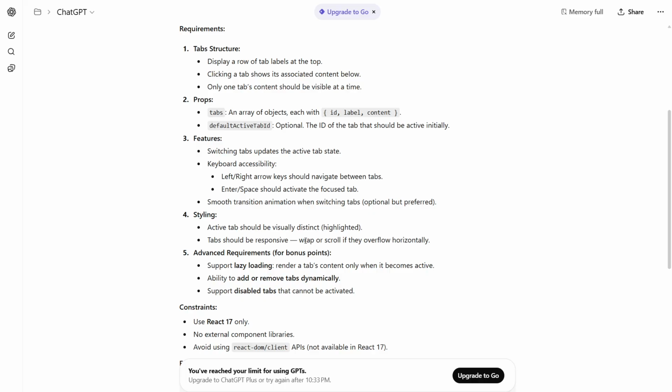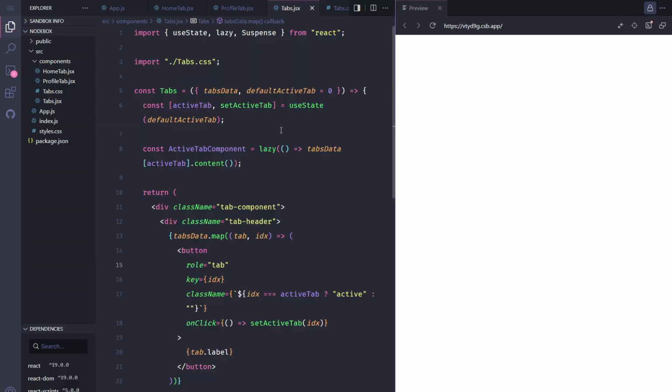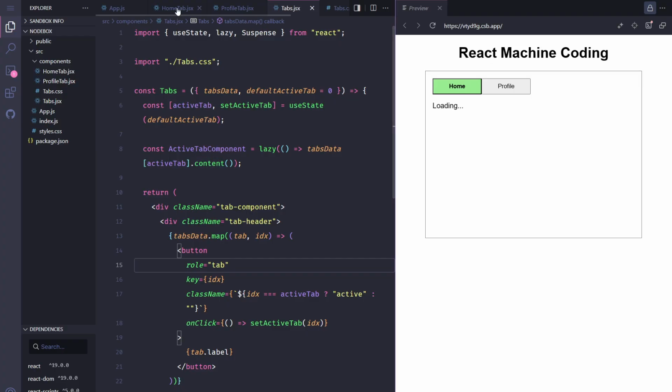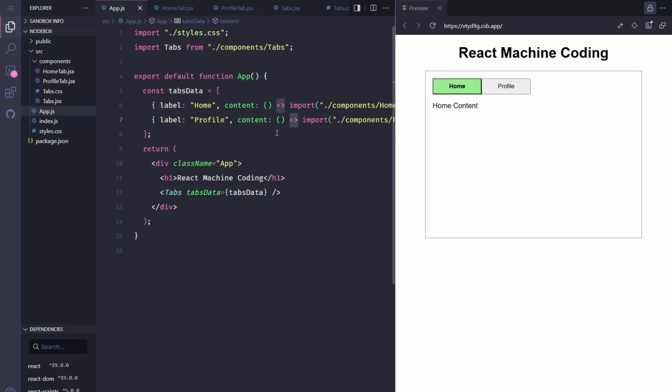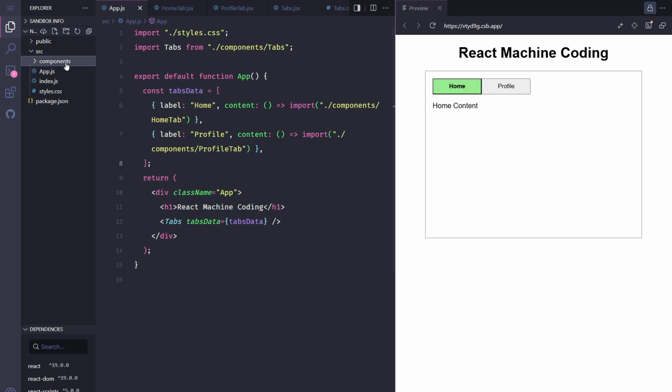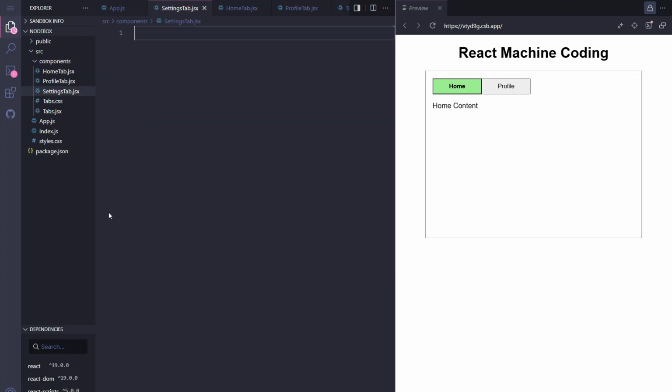Ability to add or remove tabs. So if we have to add or remove tabs, see, if you look at it, if we go here, I just simply have to add a new component. Okay, I can add a new component. Let's call it settings tab. Okay, and here I can write settings tab,